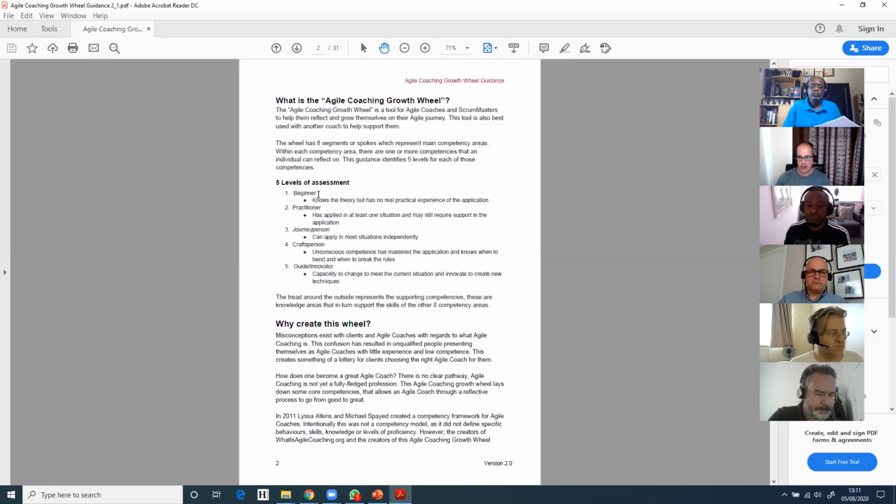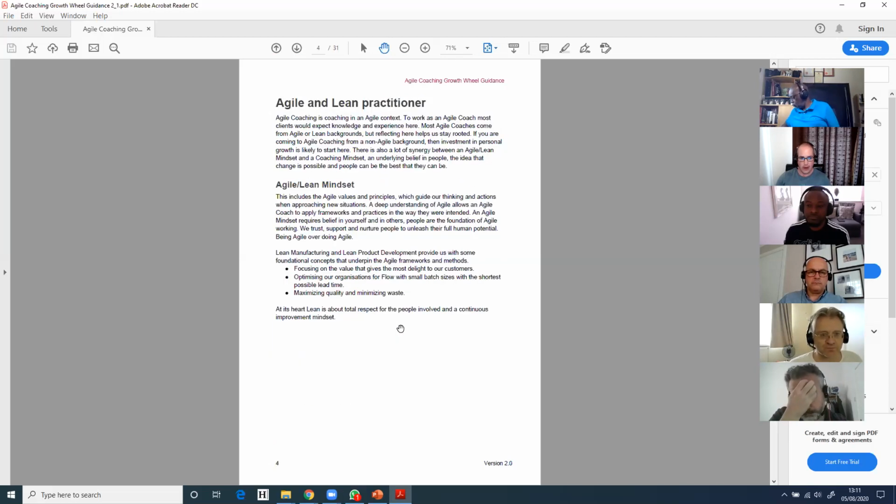The terms at each level aren't so important, but what we do encourage is consistency throughout. We start off with the Agile and Lean practitioner area. You can read through the guidance in your own time, but the key essence here is that the fundamental background and understanding of an Agile coach or someone doing an Agile coaching role has to be that they understand and have Agile and Lean knowledge.